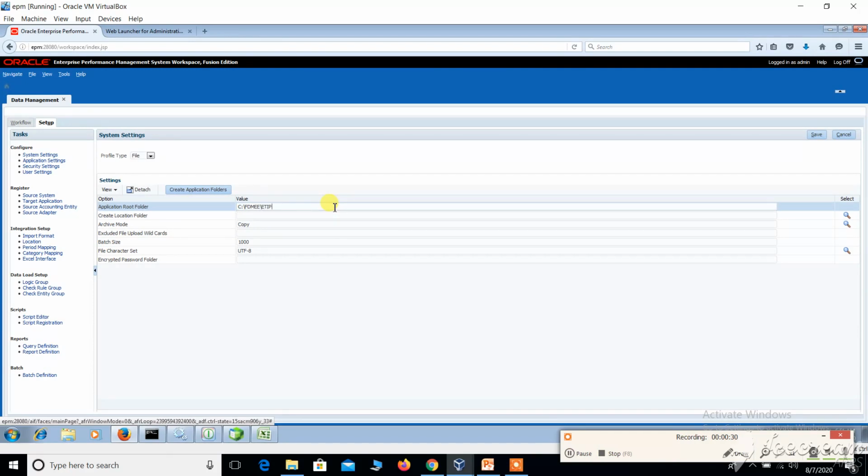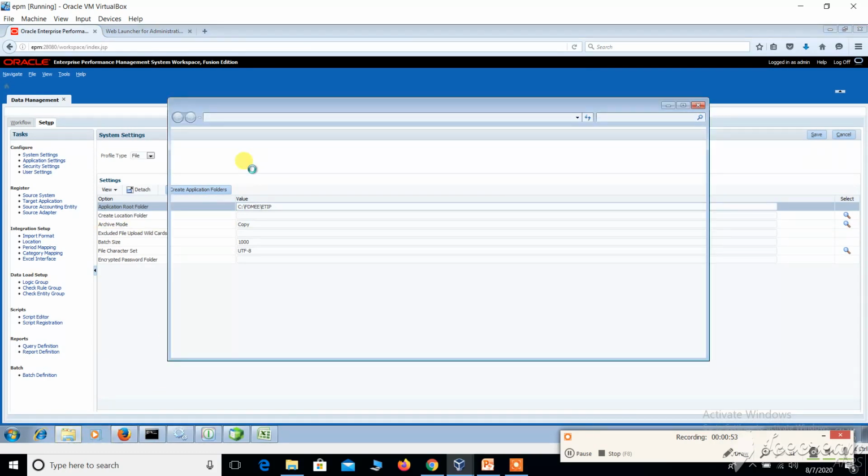Whenever we are creating the application folders for the first time, we will give this name. It is a one-time activity, so I am just clicking create application folder. It automatically creates the application folder. I will show you the folder name.